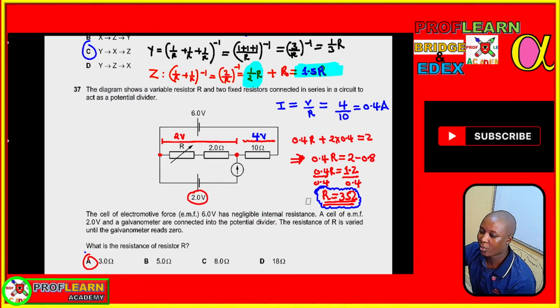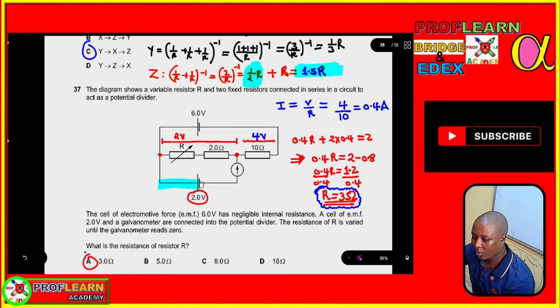So the galvanometer will read 0 because here we know the PD is 2 volts, and if the galvanometer reads 0, then the potential drop between these 2 points is also 2 volts. So if we are having 2 volts here,